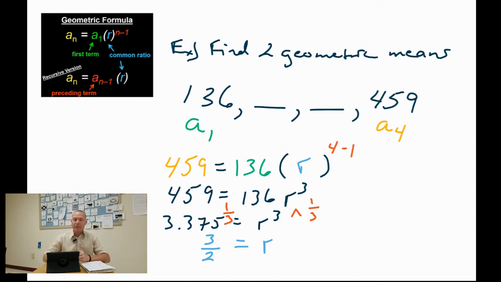And once you have a common ratio, all you got to do is multiply. So just multiply 136 by 3/2. That's pretty easy. That'll get you your next number in the sequence, 204. And multiply it one more time and you get 306. The formula, that's where it's at because the formula has the math built into it. All right. Now, what if we